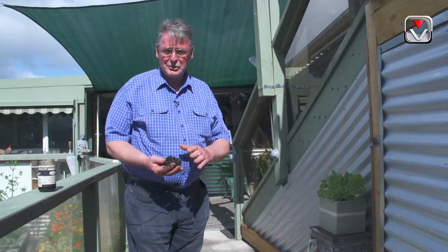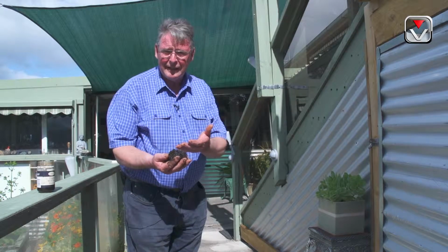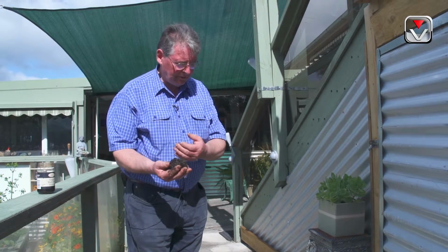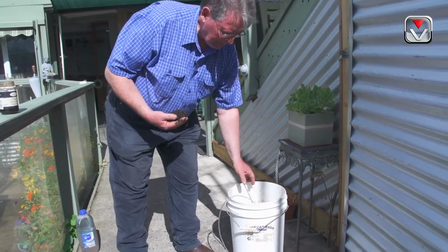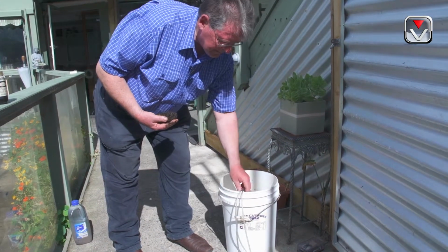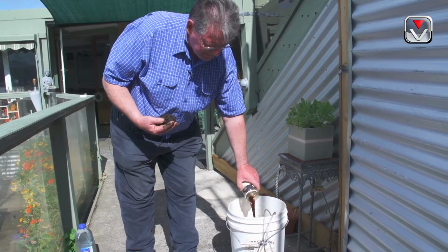So previously we showed you how we made the lawn clippings into this compost, and the worms love it. So after the worms have been living in it for a while, they've actually left their droppings in there. And what you can do is you can take this material, we get an ordinary fish tank pump, and we get the little aerators, and we put them in the bottom of the tank, make them go right down to the bottom. We pour in a few tablespoons of molasses,